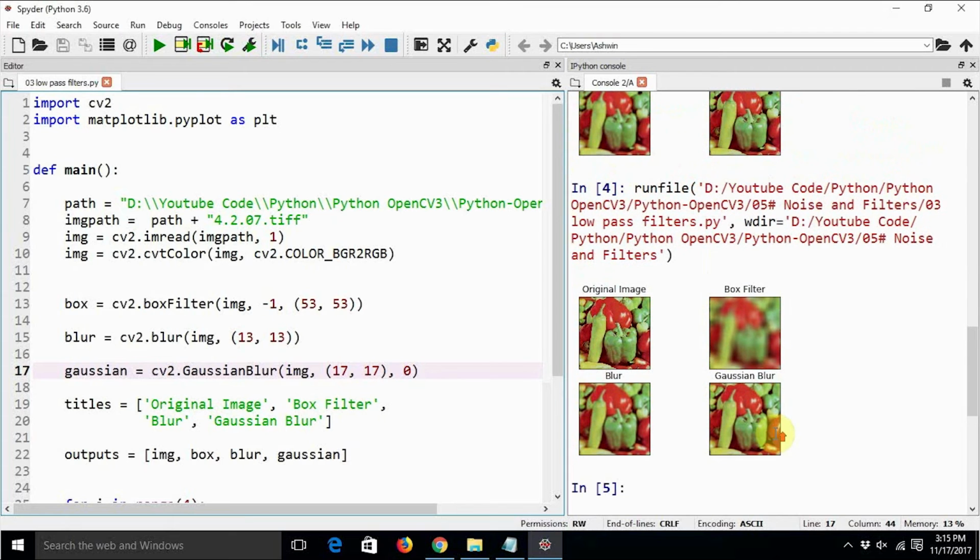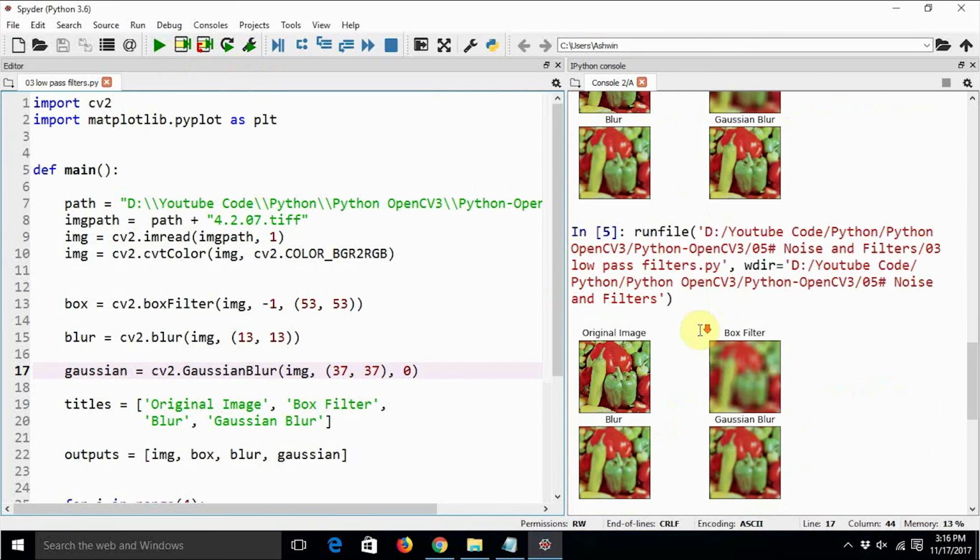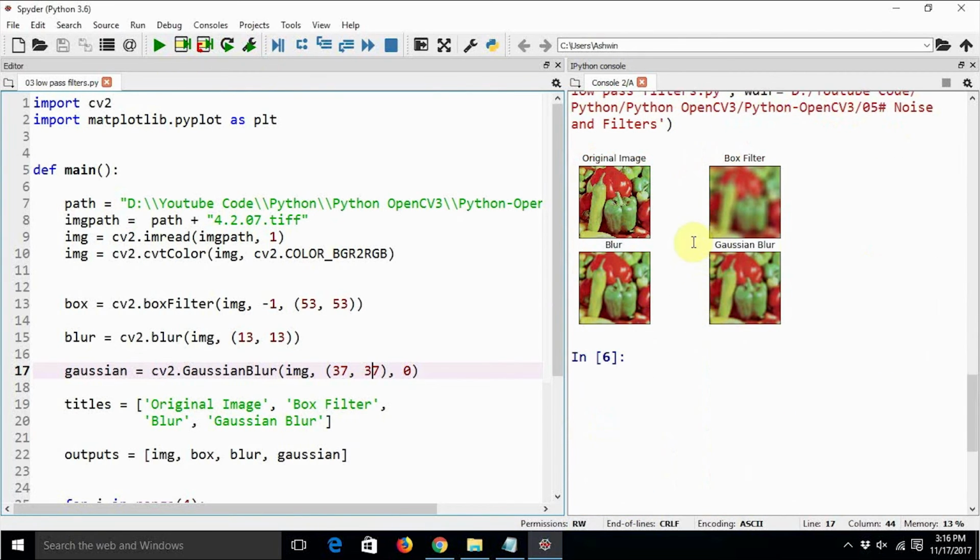So if you execute the code, you will understand the difference. I mean, you have to see it with your own eyes. It might not be quite apparent on the recording that there is some difference between the original image as well as the blurred image with the Gaussian blur. Now what I'm thinking is that if I can shoot up this thing, then probably it should be able to do it for us. Yes, now the difference is quite apparent.